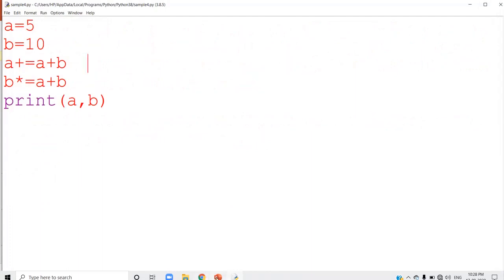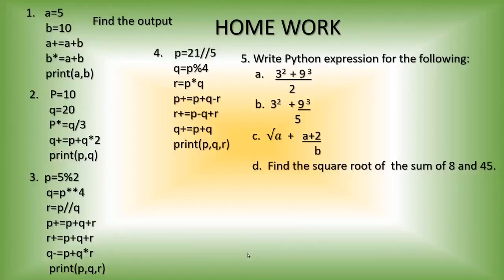Now what you have to do is try out everything on your Python screen. Do it manually. After trying it out in Python, then copy the answers into your notebook. Here I just saw a small mistake. It is capital P, and here I used the small letter p, but it is not a small letter, it is a capital letter itself. Don't make this mistake. In this second question, it is a capital letter, and the print statement also, it will be a capital letter. In both cases, it will be a capital letter.